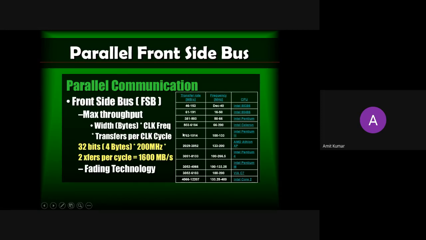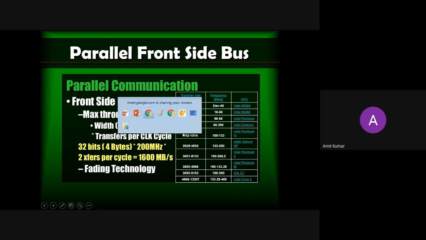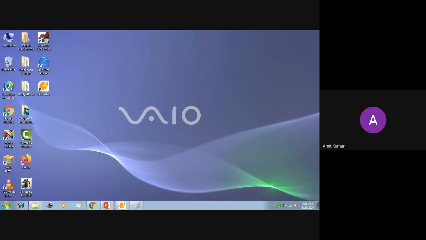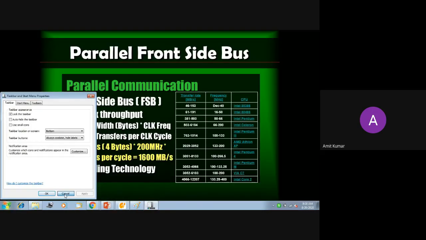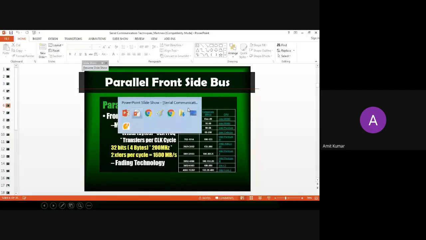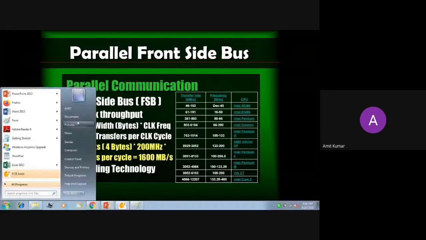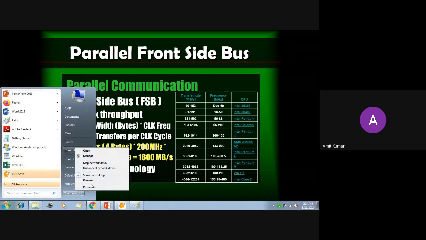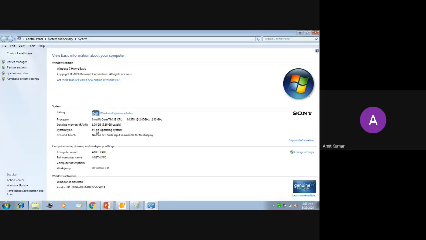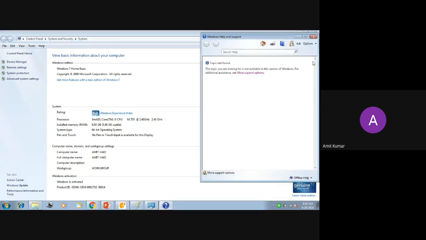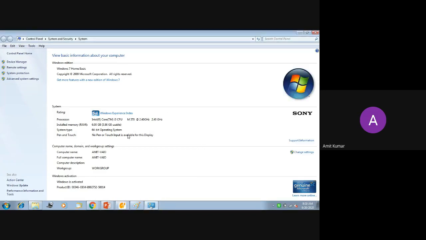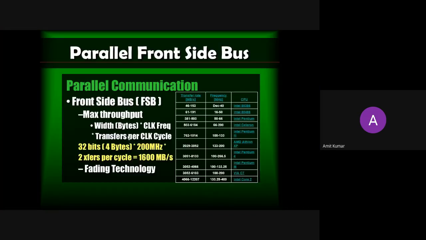If you want to see it, go to Windows and click here, then properties, and you can find it. It is 2.4 gigahertz, the maximum frequency, and it's a 64-bit operating system.